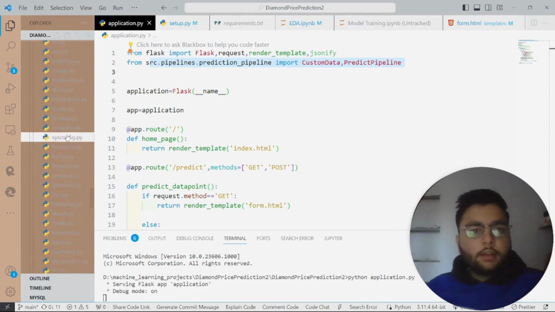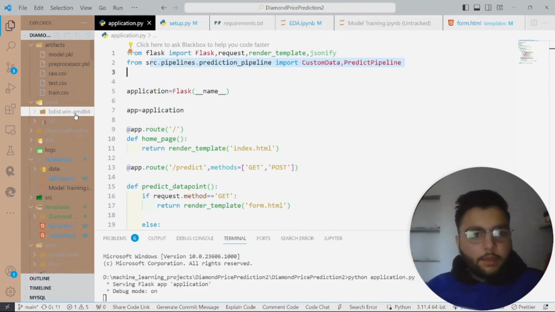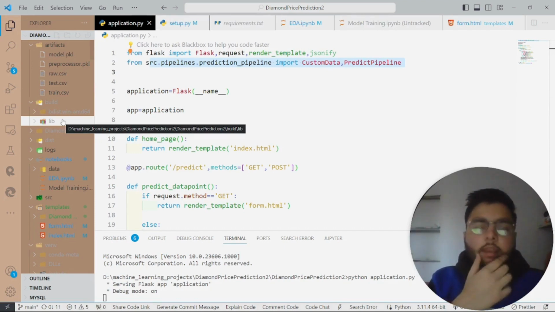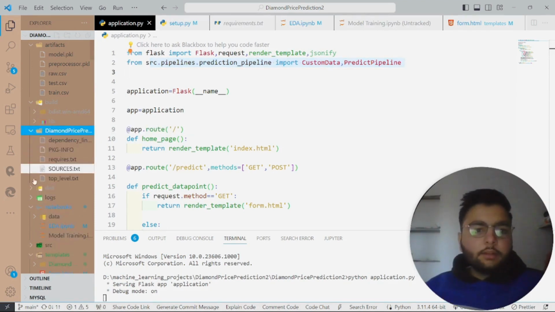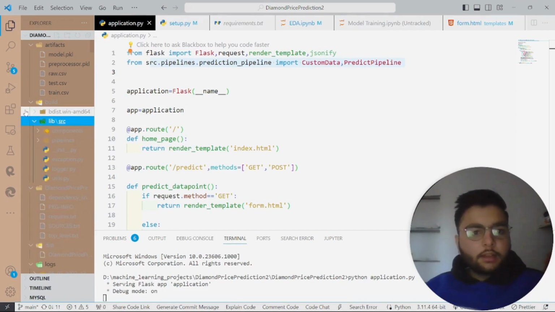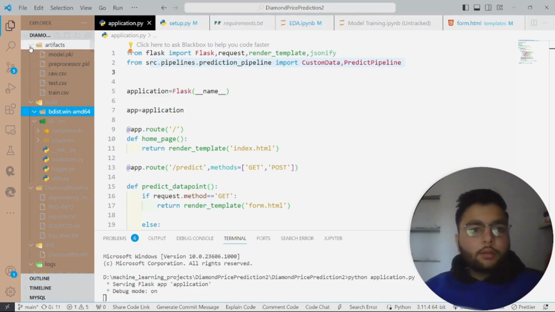I forgot to tell you about the pipeline library. Basically, with the help of a pipeline, we are pushing our code by making some pipeline, so that whenever there is a requirement of scalability, we can easily use this pipeline in order to deploy our project at a production grade. Pipelines are basically helping us in making a continuous integration and continuous deployment of the project. If you know about the CI/CD pipeline, I think you already understood why I have created the pipeline.